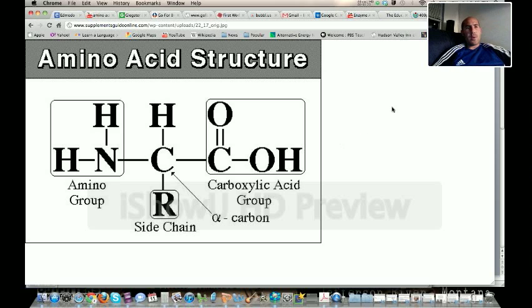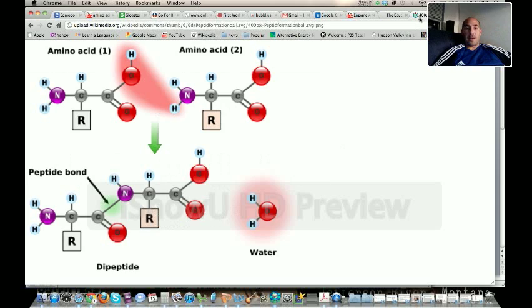Now, if I want to take one amino acid and add it to another amino acid, I'm going to go through a process we've already described in prior videos and in our notes, and that is dehydration synthesis. So we're going to pull the water out. Now, this diagram does a great job because it shades in this red area to show that this OH and this H are going to come out as water, and it's going to open up a bonding spot for amino acid 1 to bond with amino acid 2,